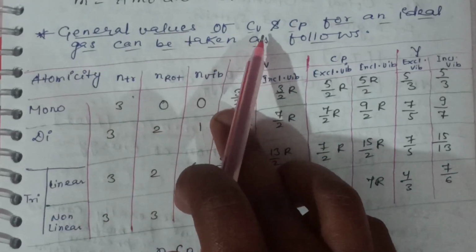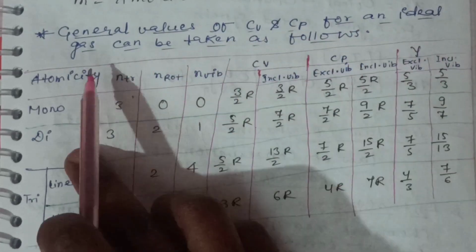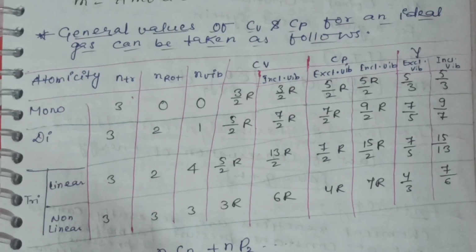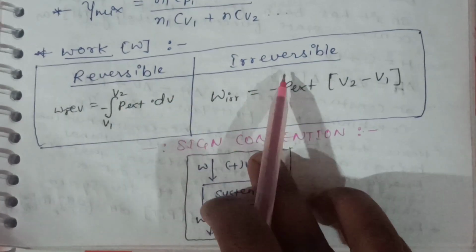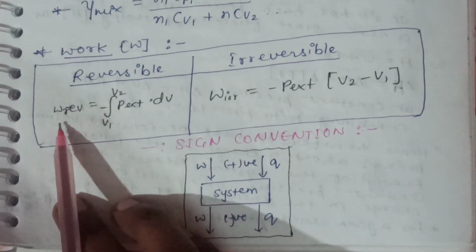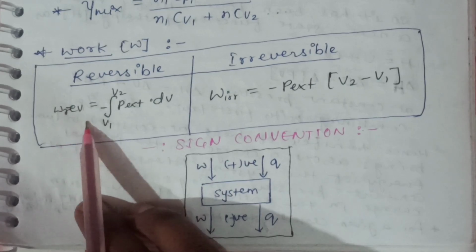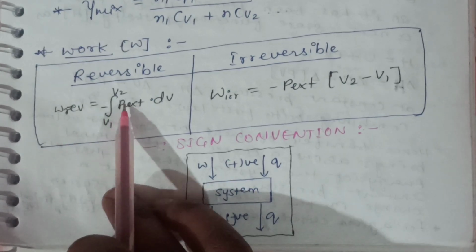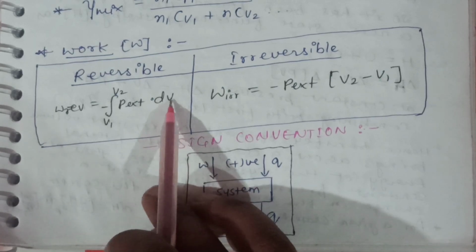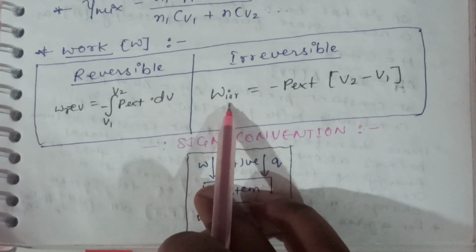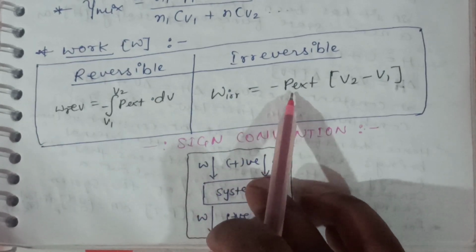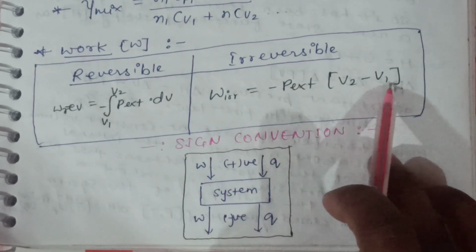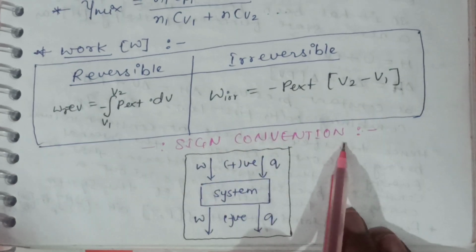General values of Cv and Cp for an ideal gas can be taken as follows. Work: reversible, irreversible. Work reversible: w = −∫ from V1 to V2 of P external dV. W irreversible = −P external (V2 − V1). Sign conventions: